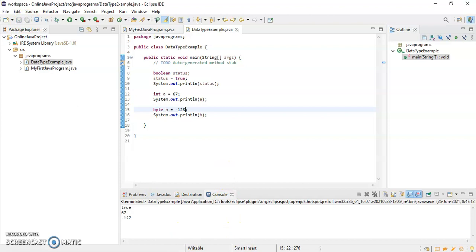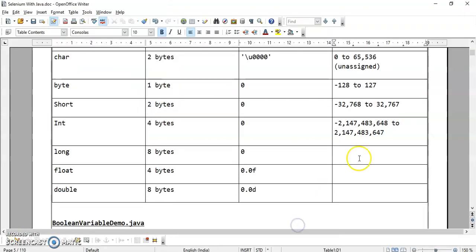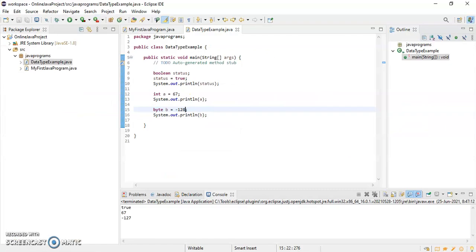So next we have int, right? Or say short. If you write short, it takes 2 bytes of your memory allocation. So let me just print something like this. I'll just write short s is equal to, suppose I'm writing 32,767. Okay, and I'll print this value. Yes, no problem, because we are in the range, so it will print this value.